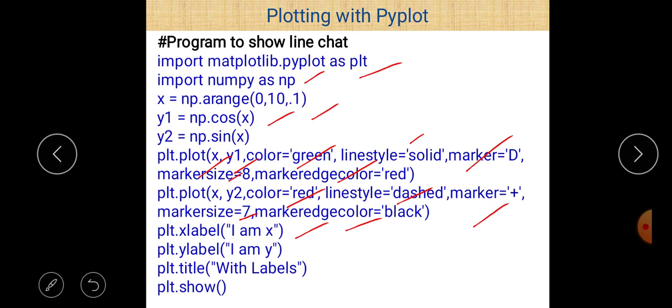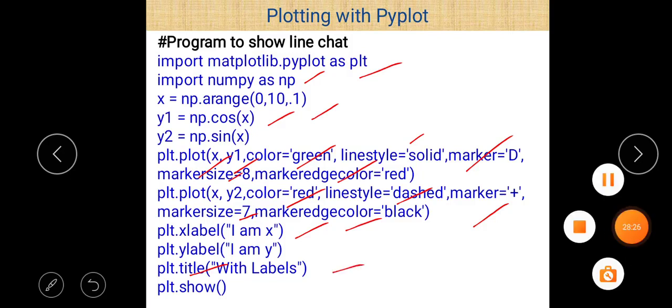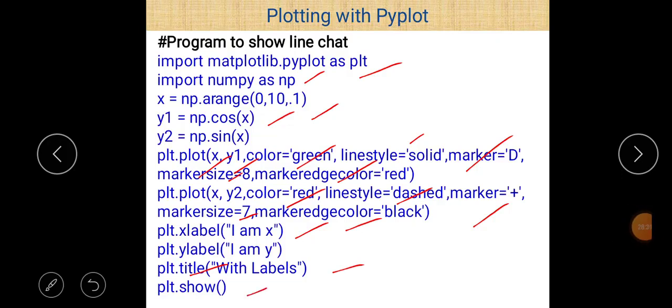And if you want to give a title to the chart, just use the title function for that purpose. So write plt.title, and within parentheses you can give the name of the title. The title in this case is "with labels". And then the last command is plt.show, which shows the output on your screen.